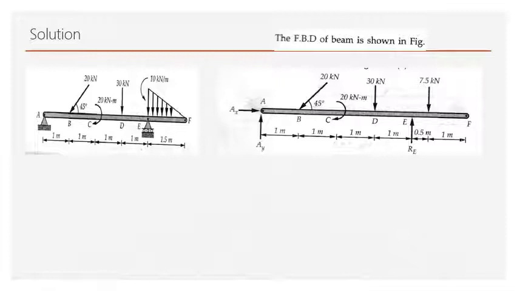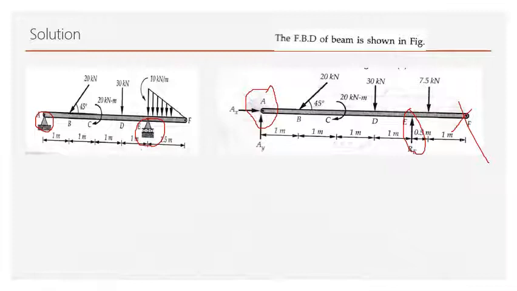Yes, moment is there. You have to keep in mind the support reactions. Don't show the support reactions at the free end. There is no support here. Support reactions should always be shown at the supported ends. Supports are at the ends A as well as at the end E. So support reactions are shown at end A and end E. Okay, there is no support reaction at the free end.